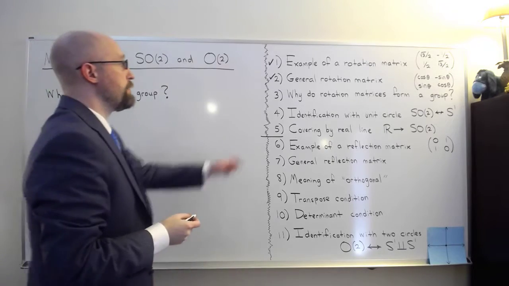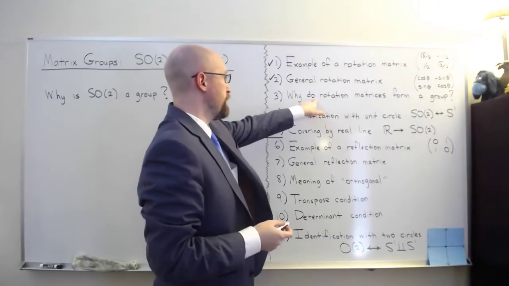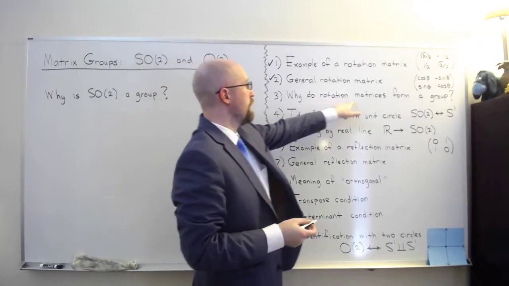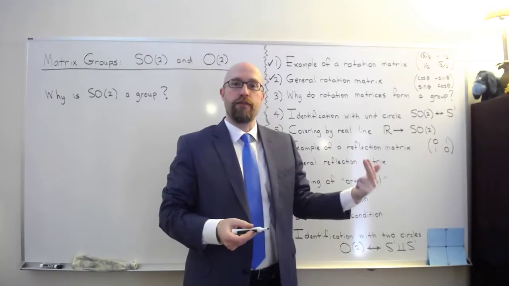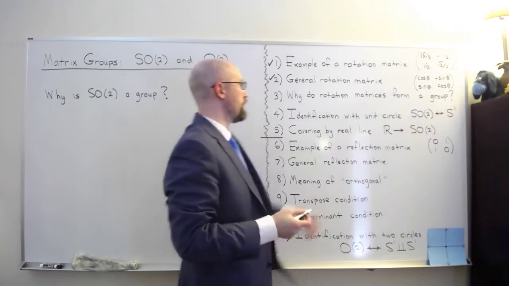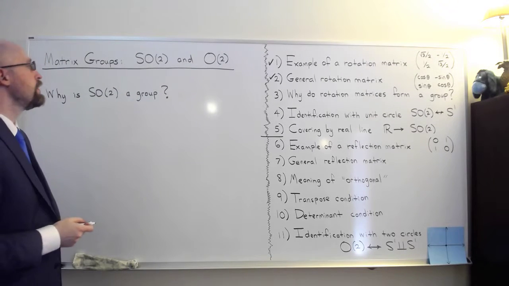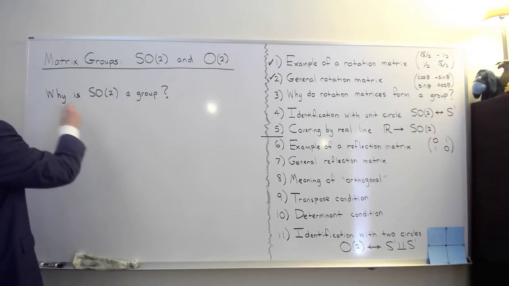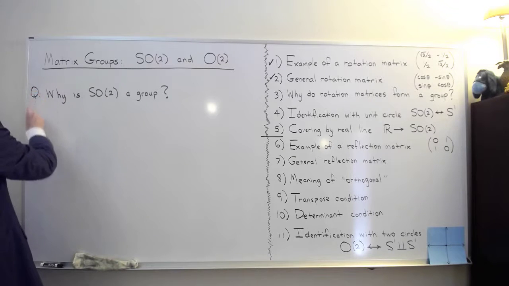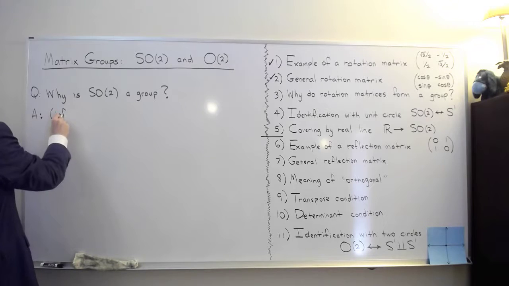And that's the same here, except here I've been more explicit about what SO2 is. More explicit but less formal, maybe, calling it rotation matrices. So I'm just rephrasing this question here. Why is SO2 a group? So this is the question. Now, an answer, which is sort of an informal answer,